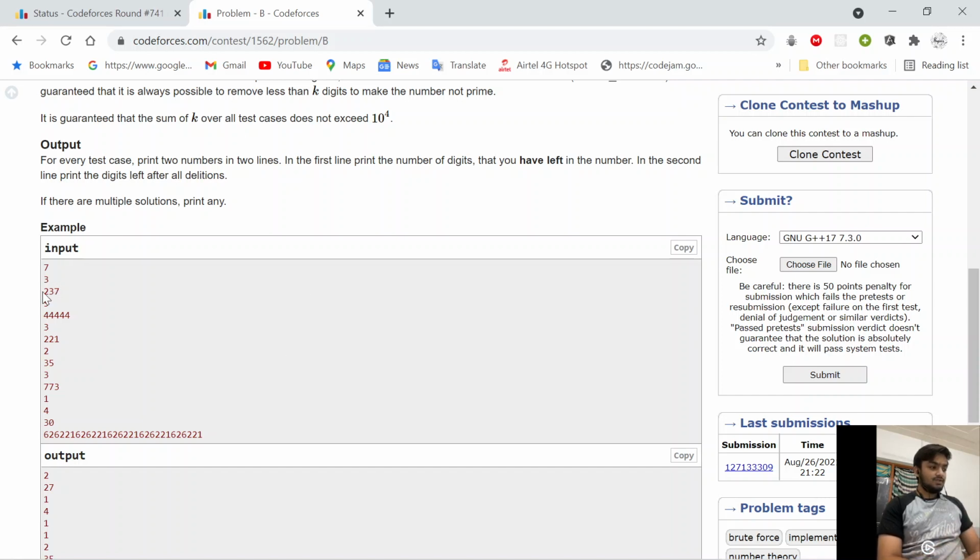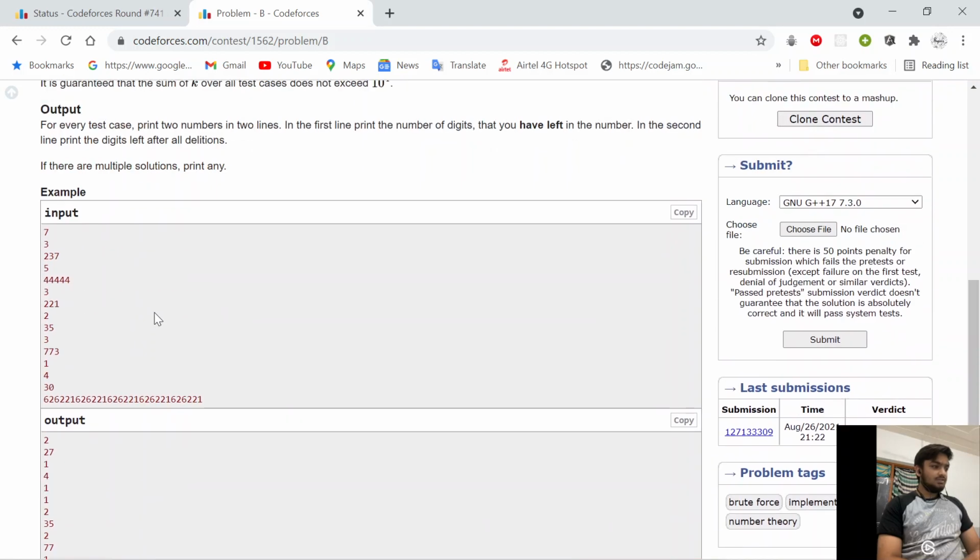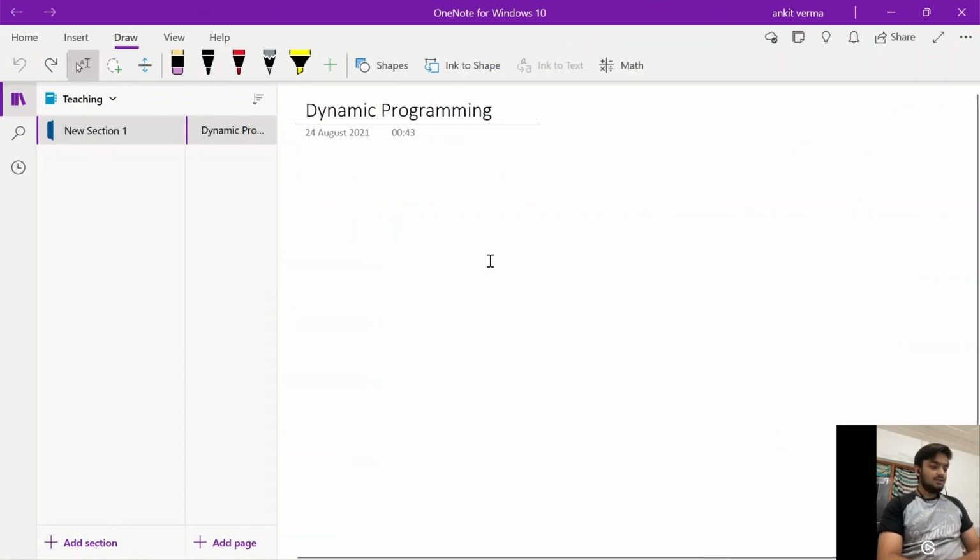This is actually a very basic question. You have to find the minimum length of a substring which is a not prime number. You can solve this by iterating one by one, and then iterating by pairs. In this example, the digits are 2, 3 and 7. You can iterate over the whole array one by one.